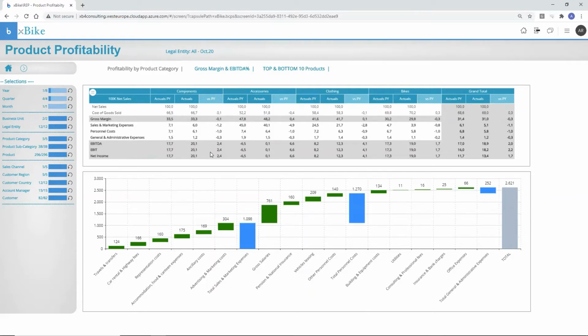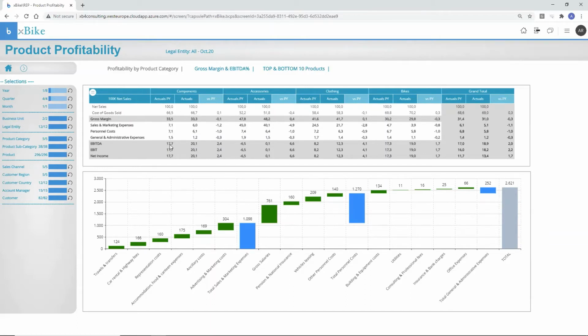So again, this report, that's what I call the €100 net sales report, which means that on every €100 that I am able to generate on this product category, 66 or 67 euros goes to my cost of goods sold, 6 euros goes to sales and marketing expenses, another 6 euros goes to personal expenses, 1.2 euros goes to general expenses, and at the end I only have 20 euros left in the company as profit. I can see the variance versus the previous year, and here I can already see